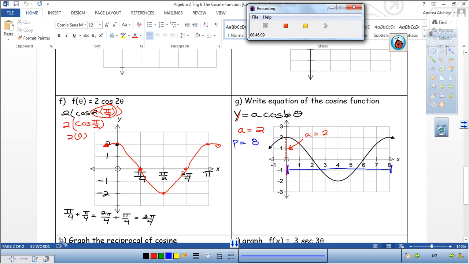Okay, but that's not the b value. So you need to remember our formula for period. It is 2 pi divided by b. So now we're just going to cross multiply. b times 8 is 8b. And then 0 times 2 pi